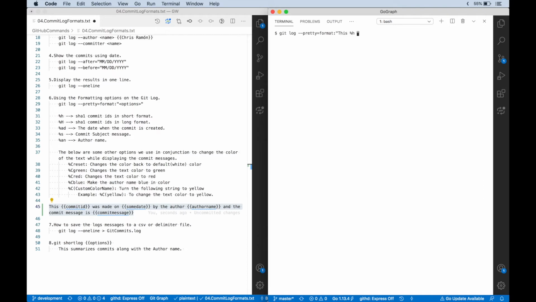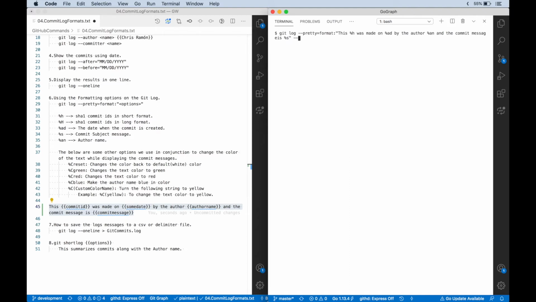We wanted to display the commit ID, was made on, the date is percentile AD, by the author. The author name is, we have to use percentile AN, and the commit message is percentile S.